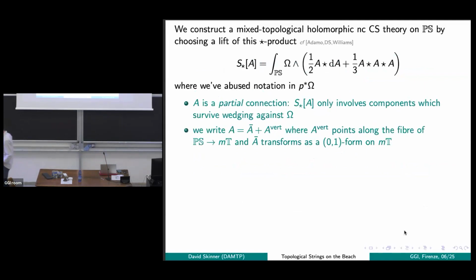Using that, we can now construct our holomorphic Chern-Simons theory, a mixed topological holomorphic Chern-Simons theory, in a non-commutative way, but we want to write that not on the mini twistor space itself, but rather on the spin bundle. So what I'm going to do is pull back that meromorphic two-form back up to the spin bundle. I'll abuse notation by not keeping track of the pullback. I'll still call it omega. And then wedge it against the non-commutative Chern-Simons 3-form that we've got built using our star product from twistor space. To do that, I've had to lift the star product, these vector fields which naturally live on twistor space, up to the spin bundle, and there's a lot of freedom in that, and I'll talk about that in just a moment. But for now, let's just imagine we've chosen some way to lift them, and this is what I'm doing.